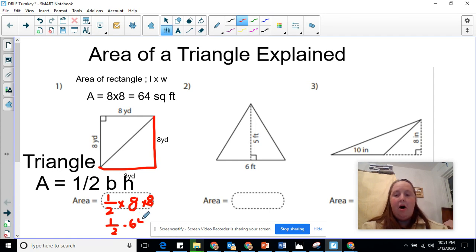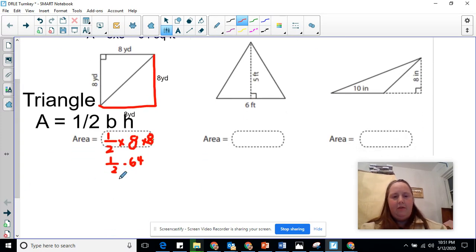Well, half of 64 is another way of saying that, right? 1/2 of. So 64 is the same thing as 64 over 1. So if we multiply across, 1 times 64 is 64. And 2 times 1 is 2, which is the same thing as saying